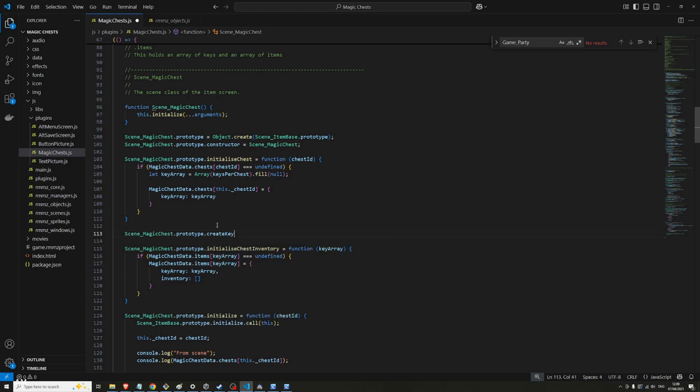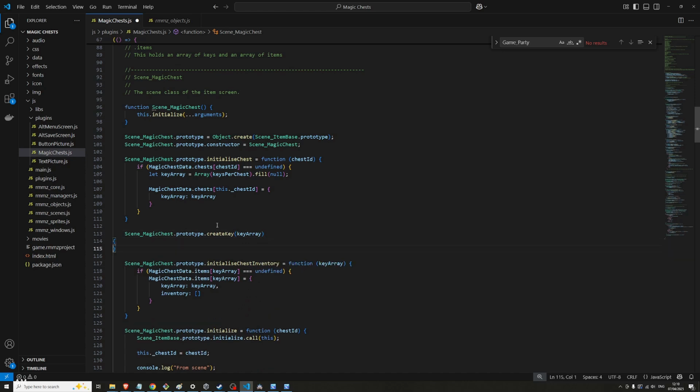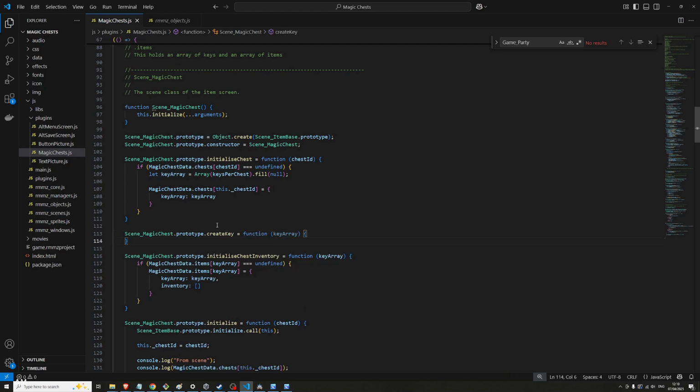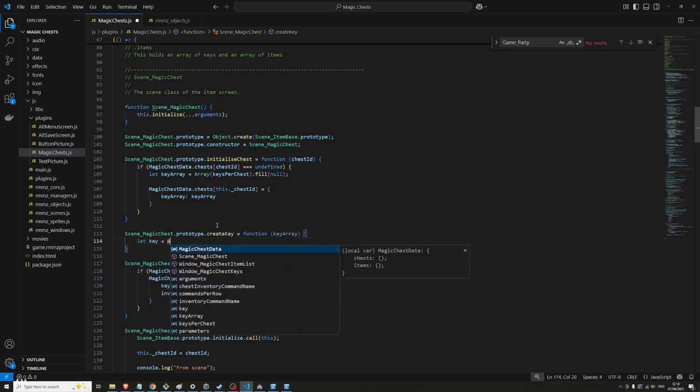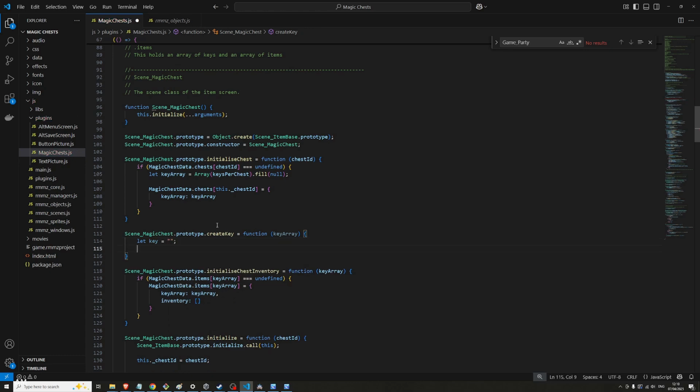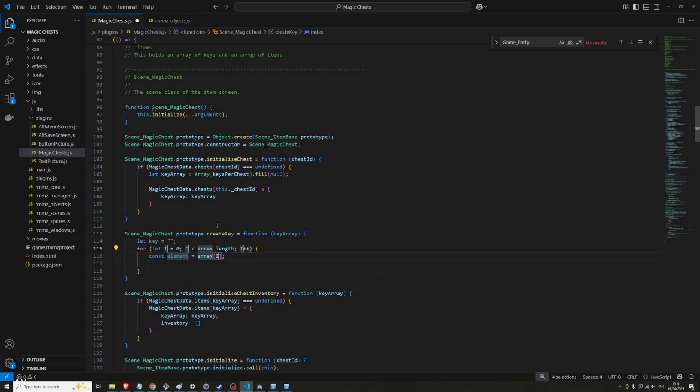Create key, and this could be the key array. What am I doing? Equals function. So let key equal this. For each thing in the key array,